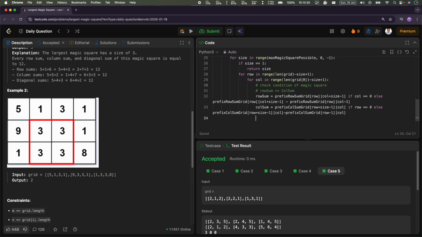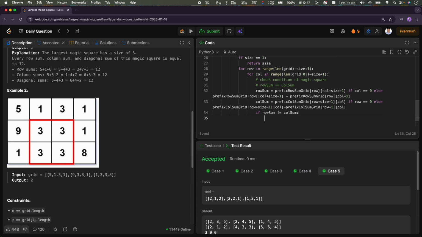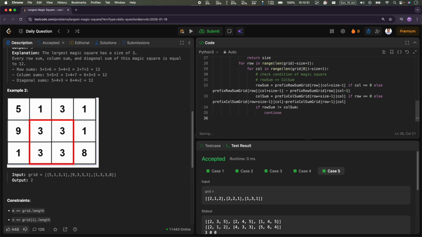And to optimize our solution, now we have to check for all the rows, but we have found it for the one element that is the starting element. Now what we can do is check if row sum over here is not equal to call sum, then it's not possible, it is not a magic square, we can go and continue. Otherwise we can keep the flag true,